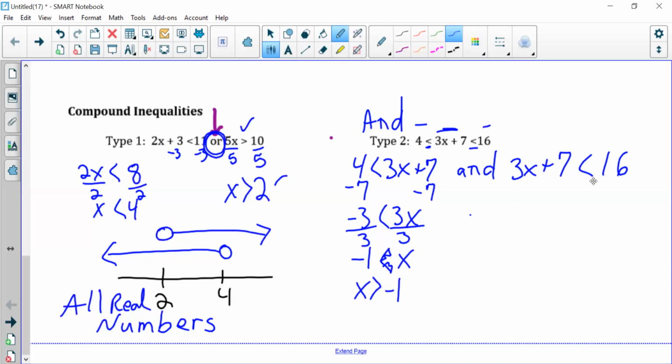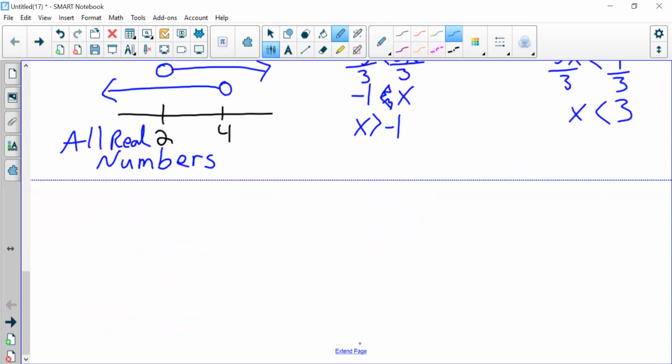Let's solve our other one. So subtract 7 from both sides. So 3x is less than 9. Divide both sides by 3. So x is less than 3. I'm going to extend my page here so I've got a little more space to work. And let's draw our number